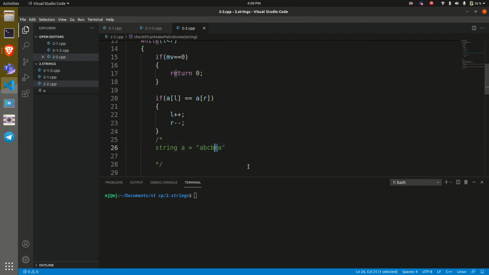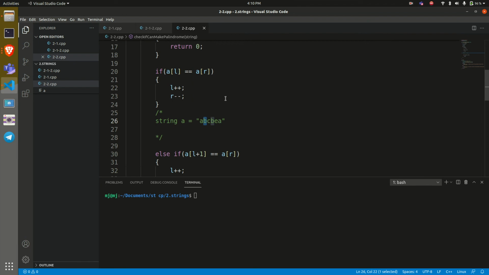So when the characters don't match, E doesn't match with B, you need to be sure about which character to remove. How can we be sure about it? By just checking the next character towards both sides. So we are checking A of L with A of R plus 1. This is R, right? So A of R minus 1, this. If this matches with this, then we are sure that this particular character should be removed, and hence we'll update R towards this. So just pause it for a while. It might not be that easy for you to understand in the first attempt, but you will definitely understand what I am talking about.